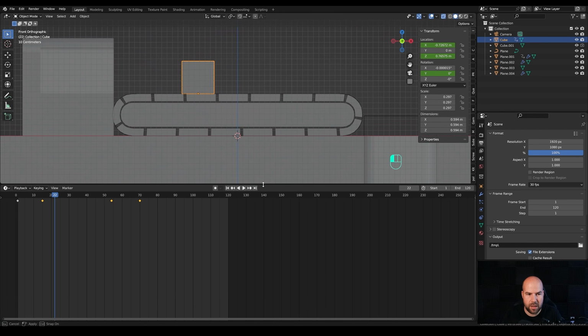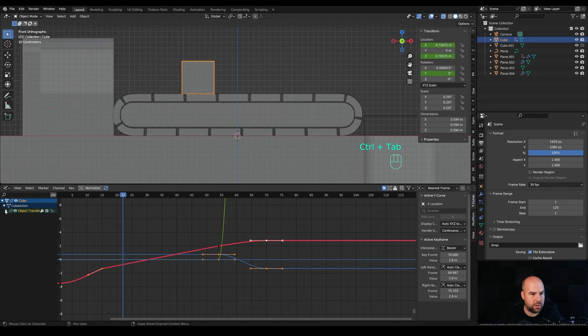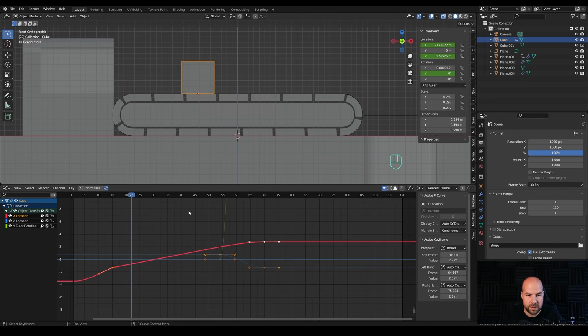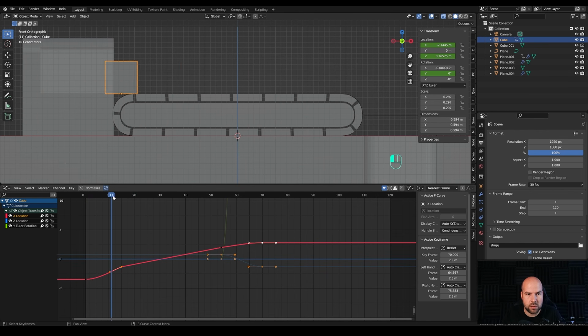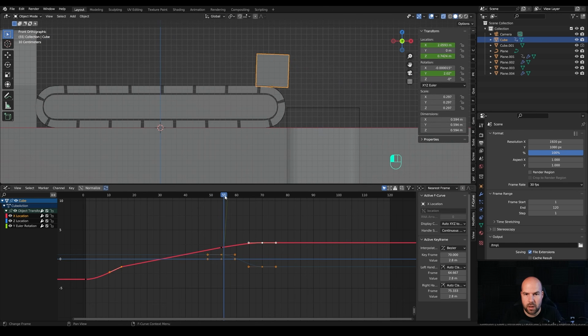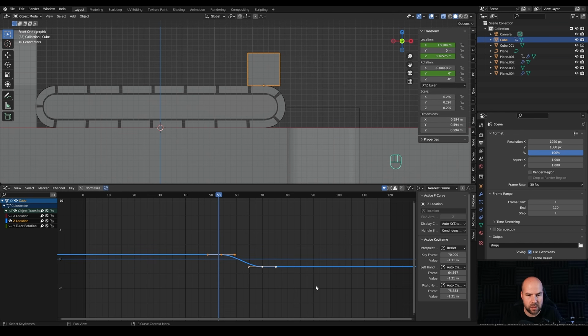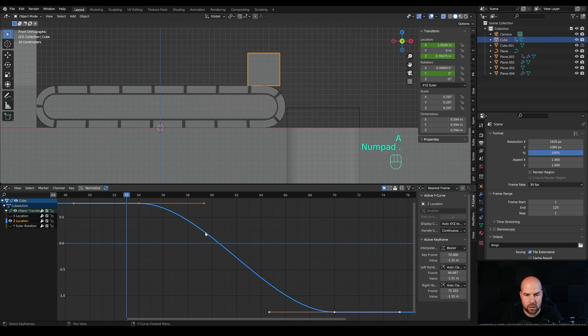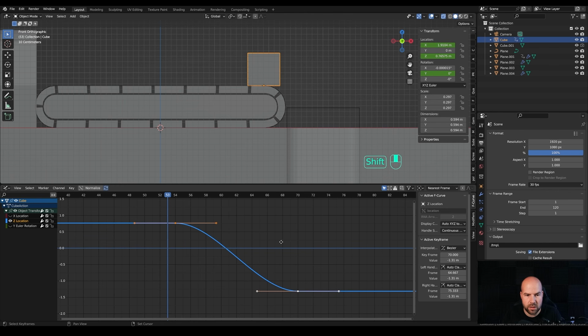Let's expand the timeline, and now hovering over the timeline I will press Ctrl Tab to go to the graph editor and expand this, and we have these 3 tracks, and that's why I create single keyframes, so I don't have all of the other tracks right here. And first of all we'll need to adjust the movement on the x-axis, but I think the more troubling is the z-axis movement, because right now it goes down too soon. So let's disable these two and let's leave the z location here. And right here you can press A and period on a numpad to focus on your animation right here.